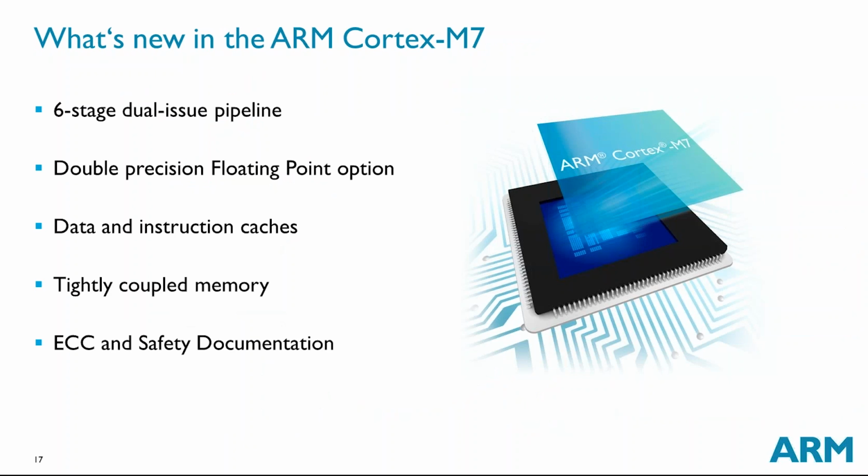Secondly, the M7 offers an option for the double precision floating point unit. And as I mentioned, the option in this context means that it's available for licensing, but the silicon vendor itself has to decide whether to include it in their product or not. Current products do not offer double precision floating point, but I'm sure we will see these products coming out